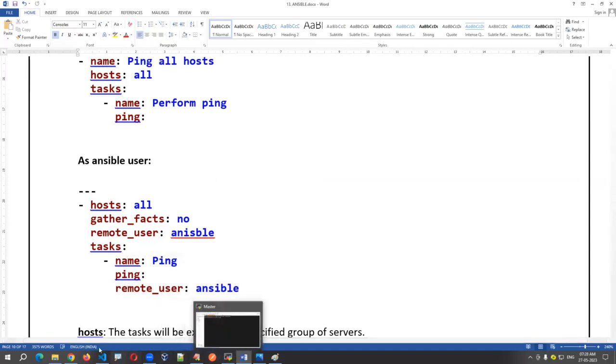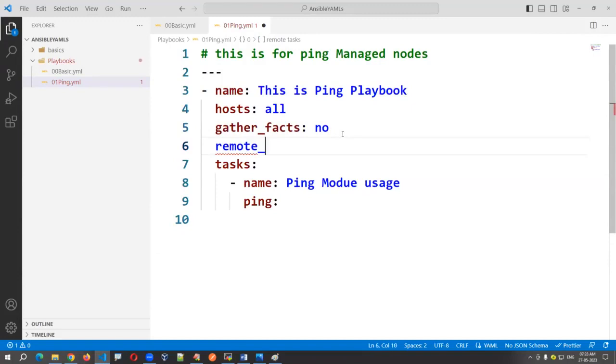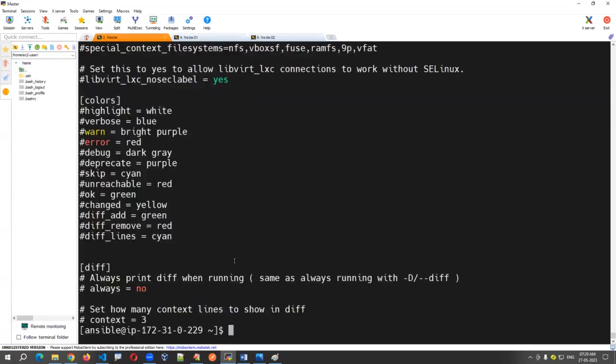So here I'm writing remote user, execute like the Ansible user. Of course, by default, we kept Ansible only. You can see /etc/ansible, it's a config file we have, the Ansible config. There actually we set